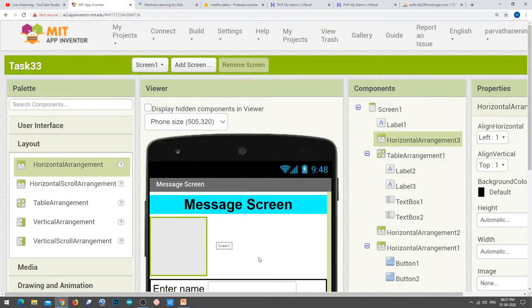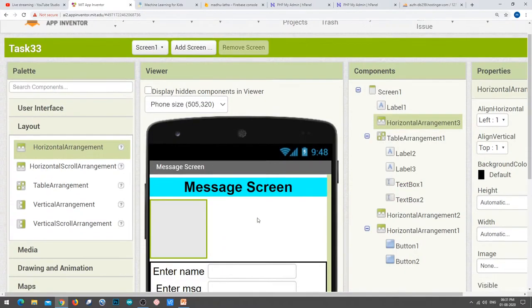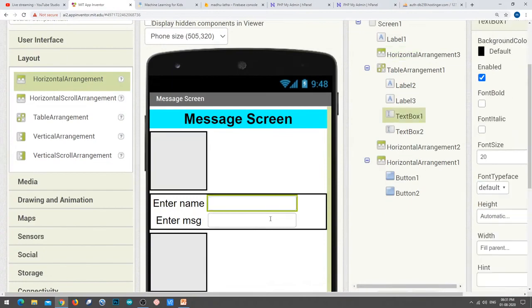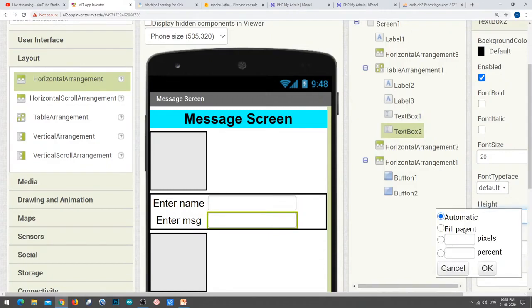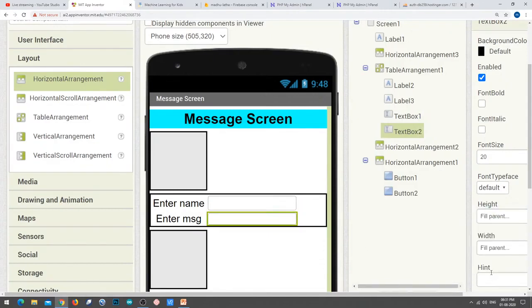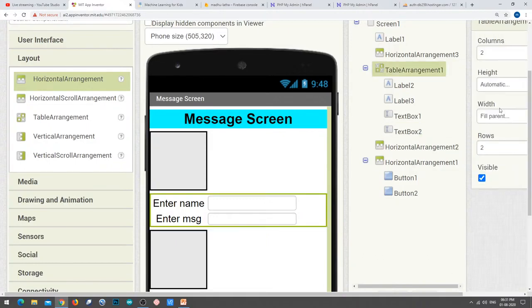So it is used to create, so something is looking odd, okay, enter name, enter message, so this is not taking the full value, so let it put fill parent, okay. So let me have table arrangement side to fill parent,